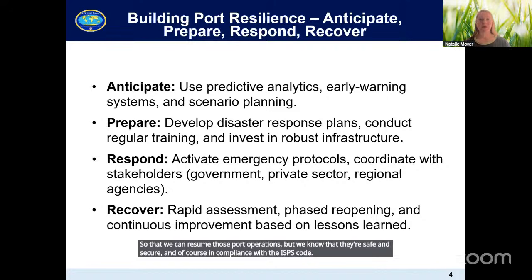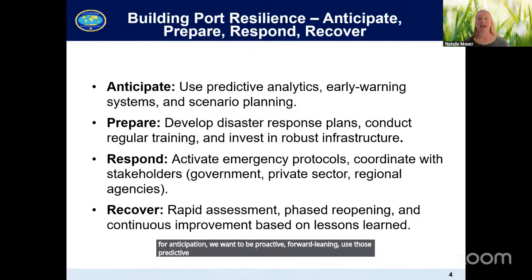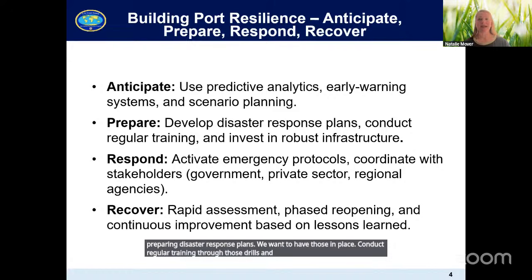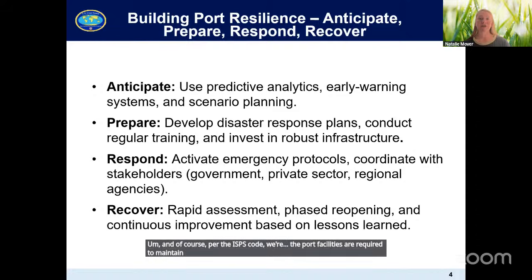For anticipation, we want to be proactive and forward leaning, using predictive analytics and any kind of early warning systems to monitor the weather and emerging threats. Preparing disaster response plans, we want to have those in place. Conduct regular training through drills and exercises. Invest in robust infrastructure, while also being mindful of the maintenance plans for that infrastructure. And of course, per the ISPS code, port facilities are required to maintain and test those security and